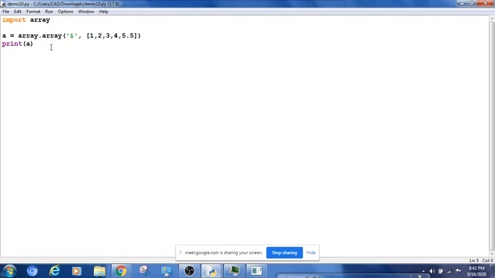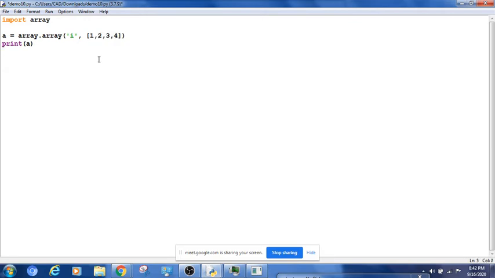Now how do I access a single element? See, an array is indexed, right? So I will remove this, as it will not work. Now how is this stored in memory? It is indexed like 0, 1, 2, 3, starting with 0. And there is reverse indexing also: minus 1, minus 2, minus 3, minus 4.